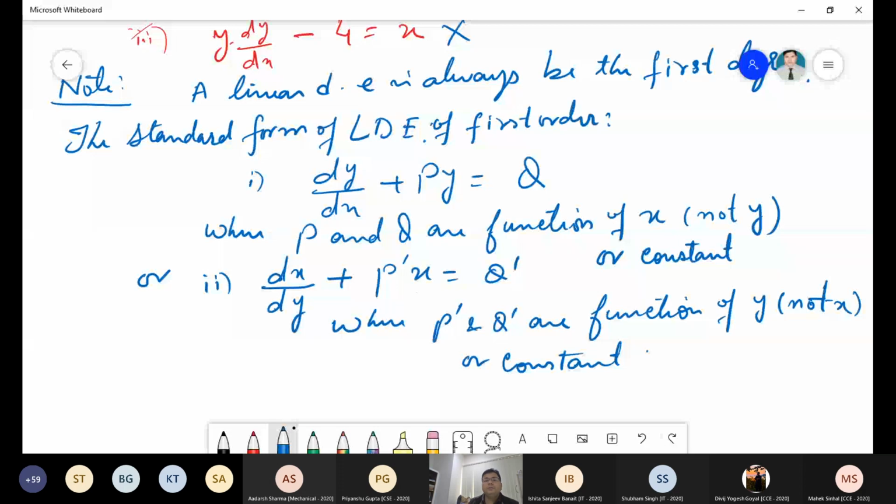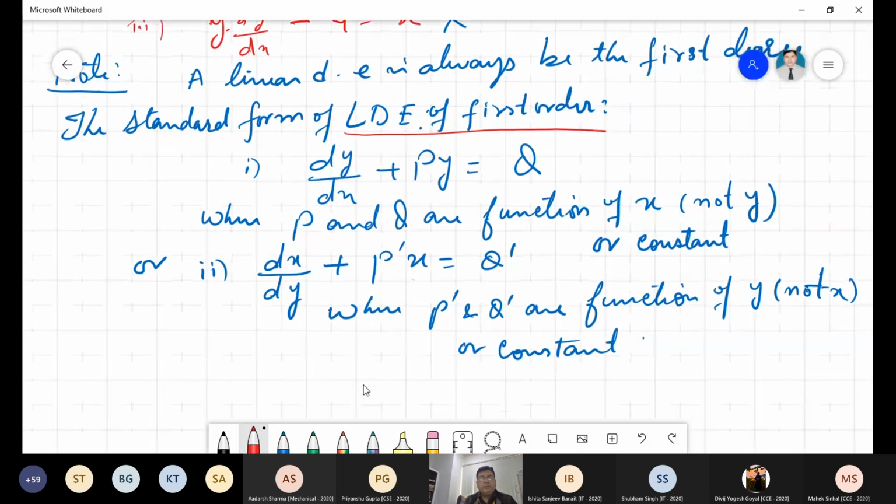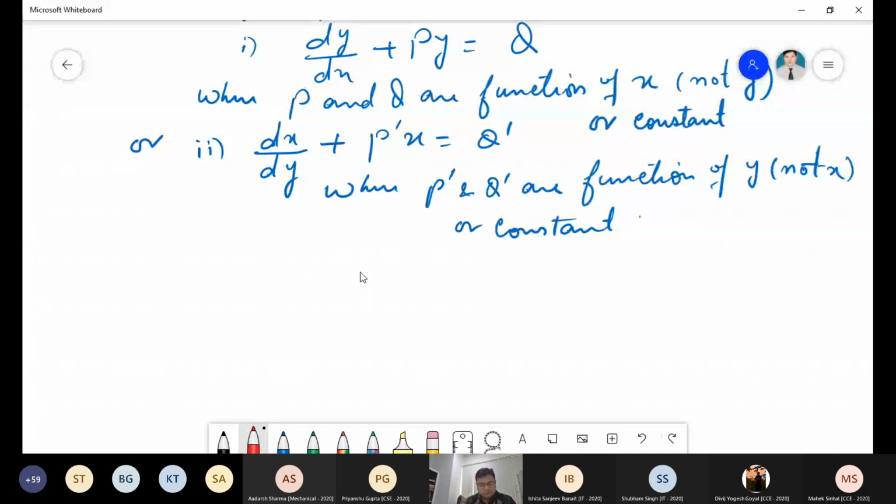We will solve that question, because when I do not mention first order, it might be a higher order linear differential equation. That is the second part of your differential equations. When we complete all of this, we'll go for the higher order differential equation. So this is the standard form of a linear differential equation of first order; the degree is first, and the order is also first. So what is the way that we can solve this kind of equation? We use an integrating factor.